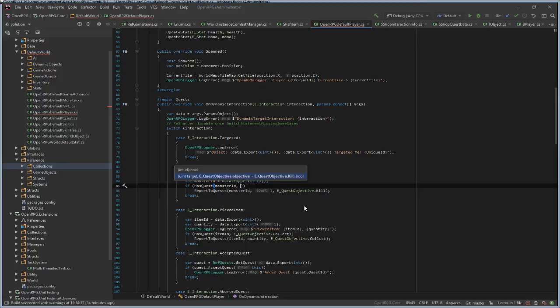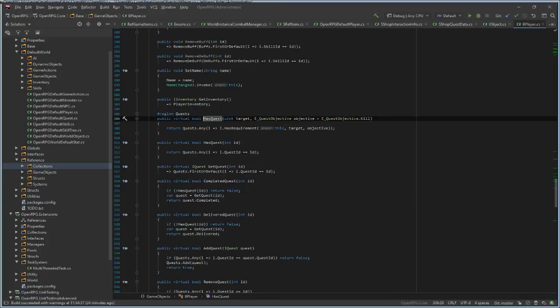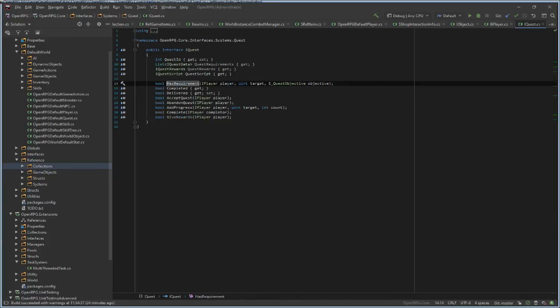Is it to collect or die? You yourself die, not another player or monster. If it's to enter an area, if it's to kill an object, or other, like you have a custom quest handler. See this?